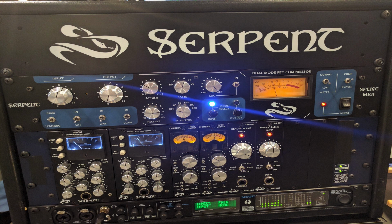Serpaudio was at Summer NAMM, and this was their first time at Summer NAMM. And the product that you're seeing on the top is called the Splice. And I know I'm on record saying that I'm tired of the LA2A and the 1176 clones. Though this isn't an 1176, however, this is the most impressive 1176 I've seen. Really unique thing about this 1176 is that